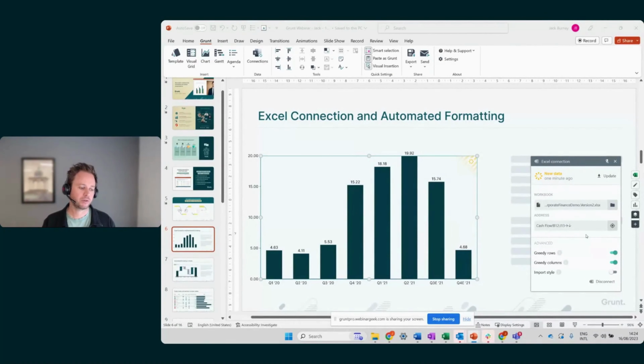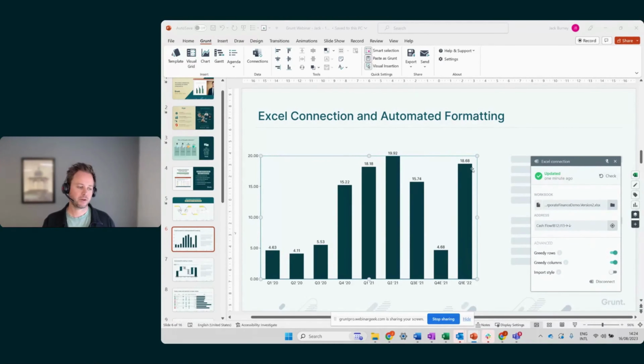Like I showed you before, there was new data in column K. Now, when I hit update, Grunt will automatically pull that data in. So update, and you can see there that we have a brand new column of data that has been brought in. So this is for anyone on the call who is used to having to redo things every time you update with new data in Excel, particularly if you're doing recurring reports or recurring board presentations where you're doing it weekly,